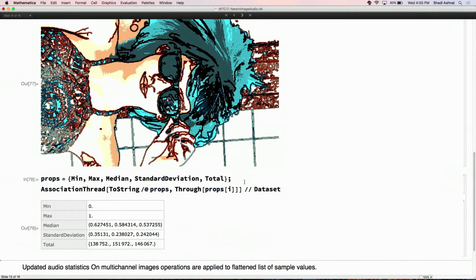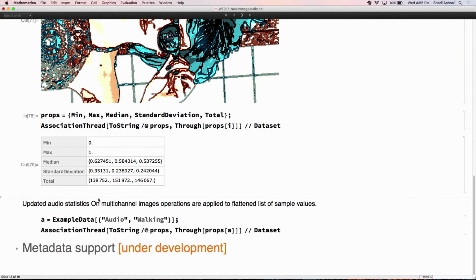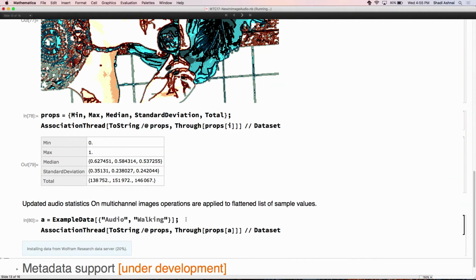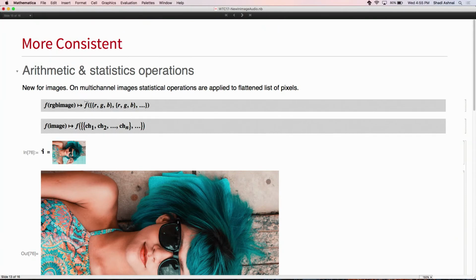Also, statistical operations are directly available, things like min, max, median. It seems trivial, but it actually takes a whole lot of development effort to get those working consistently. One thing that we changed for statistical operations is that if we have a multi-dimensional audio object, regardless of audio or image, we take the data out and flatten it so that the spatial dimensions of the pixels are flattened. So we keep the channel 1, channel 2, channel 3 syntax, and then we pass that to the function.